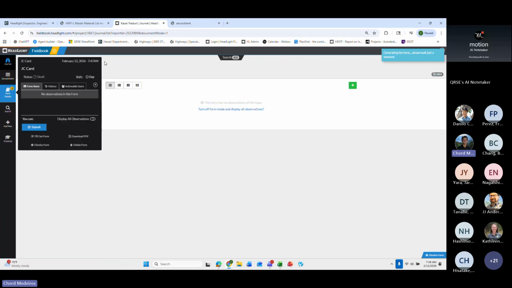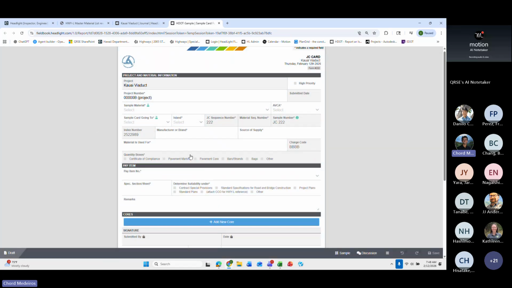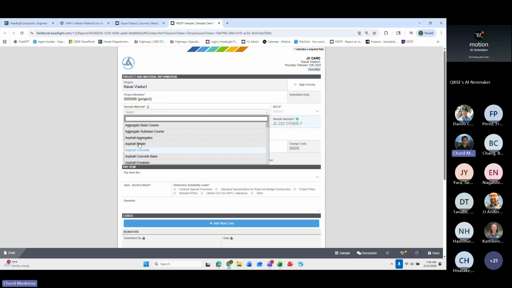So the first thing we're going to do is create the form, fill out the form. Everybody knows how to do this, as I'm sure they've done it many times on their project. So we're going to create the form, open the form, and once it loads, we'll be able to start creating this form. I'm not going to go over the specific details, as you guys have probably created JC cards many times. But for the sake of this example, what we're going